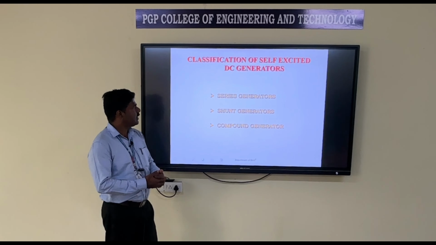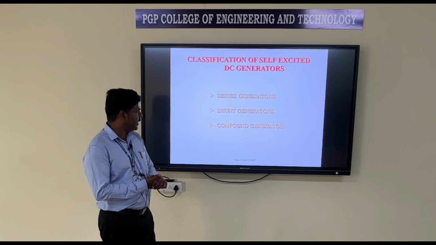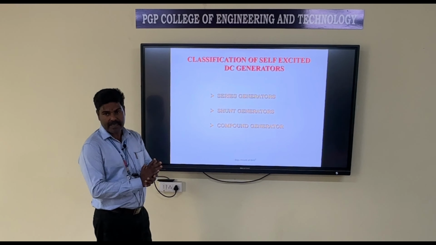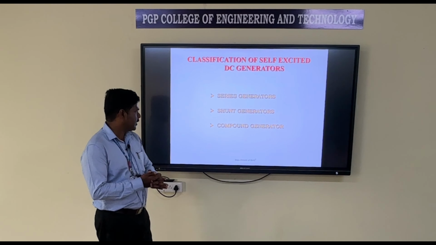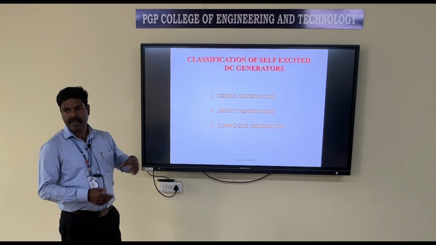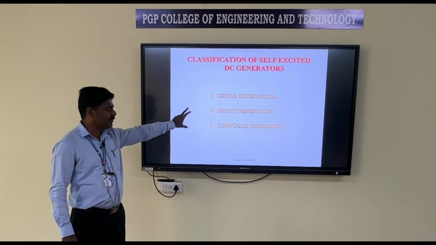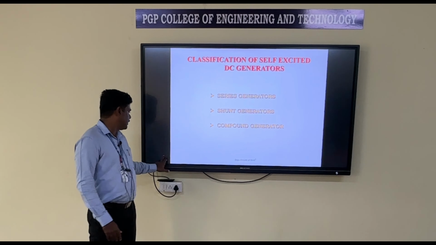In self-excited DC generator, there are three classifications. The first one is series generator, the second one is shunt generator, the third one is compound generator. Depending upon the connection of field winding and the armature winding, the self-excited DC generators are classified. The first one is